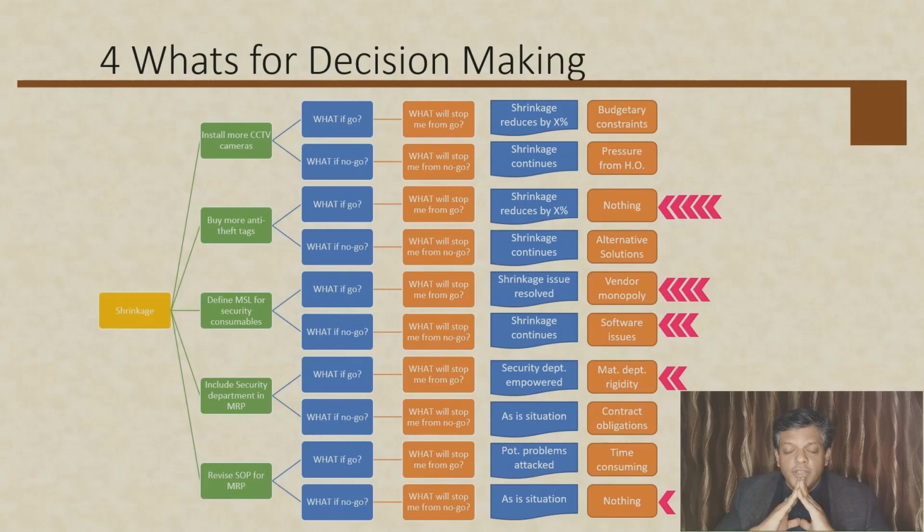What can stop you from going ahead with this option is if there are other better alternative options. Otherwise, once again, there's nothing that's going to stop you from going ahead or not going ahead with this option. Likewise, the next option listed is defining the minimum stock levels for security consumables. Now, in this case, you would be addressing this particular instance of shrinkage, and the shrinkage issue would be resolved. But what can stop you from doing this is